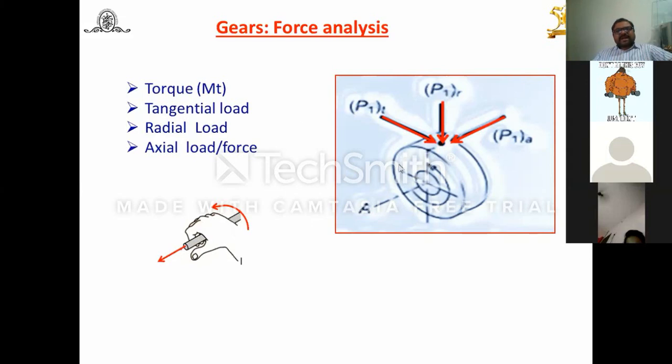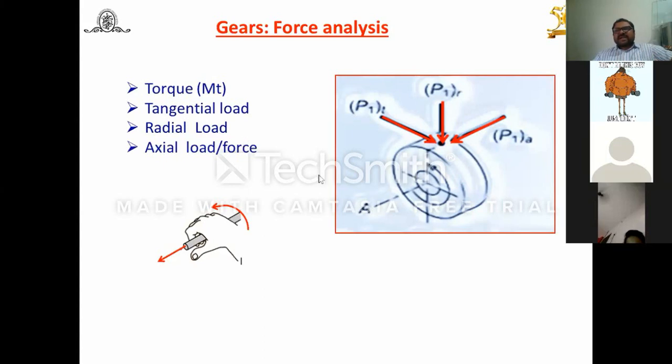Again, you will find for the pinion, always the PT acts opposite to the direction of rotation. But in the other gear, you will find the direction of the tangential force and the rotation are the same in the case of gears. That means based on the direction of rotation, you can decide the PT. And again, radial forces always act towards the center of the gears. It's a separating force. And then the axial force, you can decide on the basis of the thumb rule and the direction of rotation. And I have already explained this to you many times. Why is this important? Because it decides the forces which are acting on the shafts. And once you know these forces, you can use the relations which are available for spur, helical, bevel, and the worm gear.